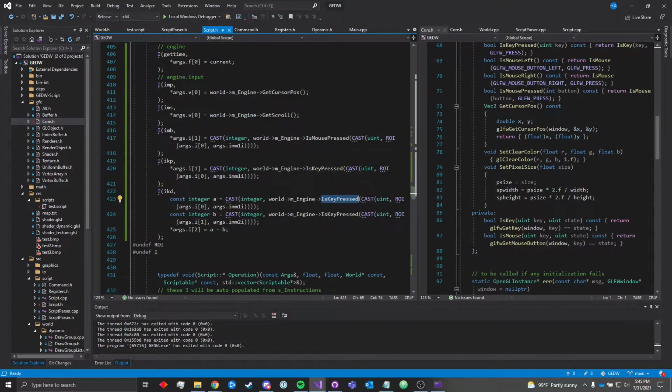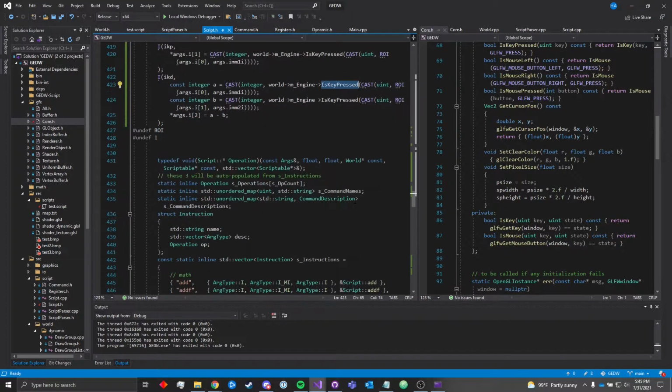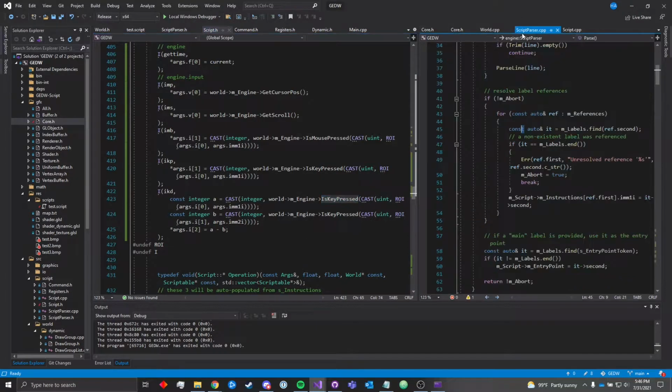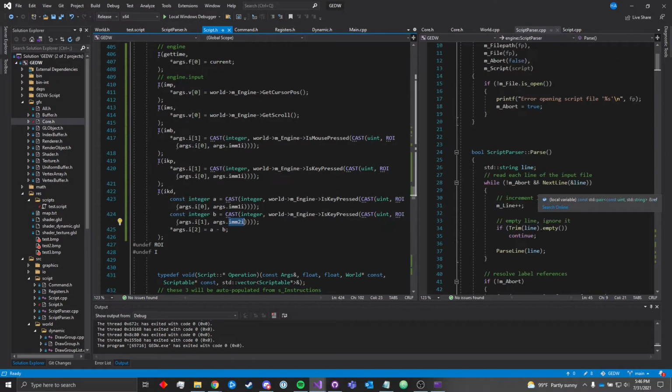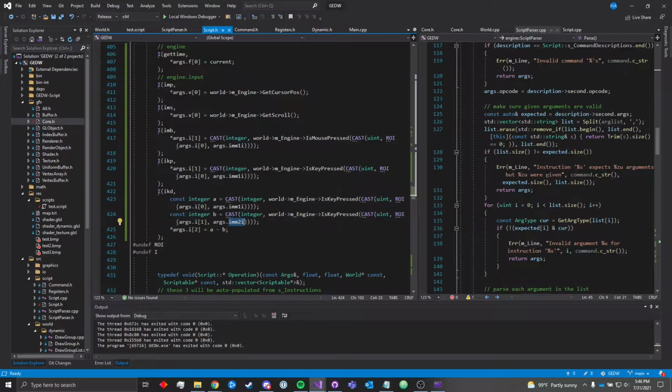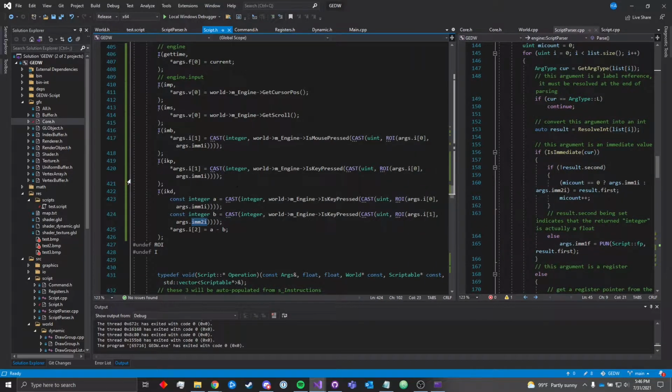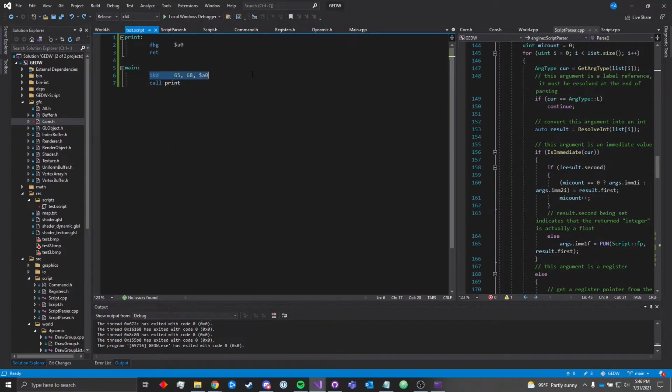I'm not sure actually. I'll ignore that for now, and I'll get it working for when I push the code to GitHub. Probably just something dumb, or I may have skipped a step in the parser, maybe where this constant is not being loaded into. Actually, it might be that. Let me see. Oh no. Okay, I don't know. I'll figure that out. But the important part is we got the key working there, and then we can also do